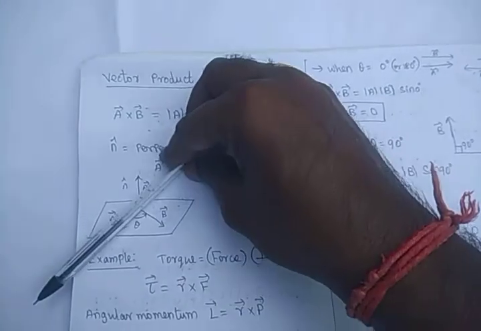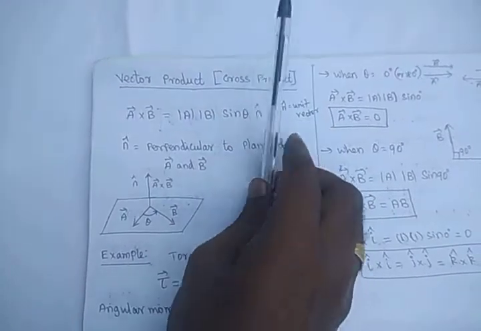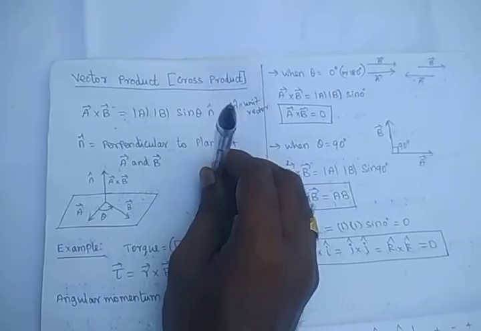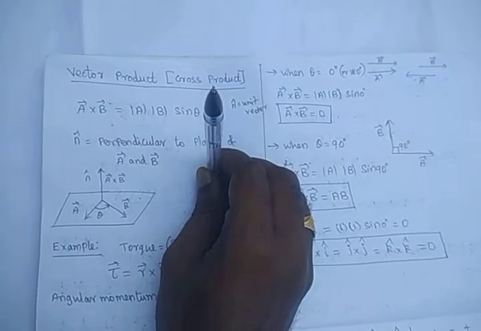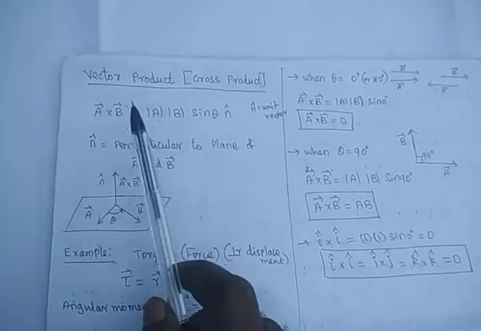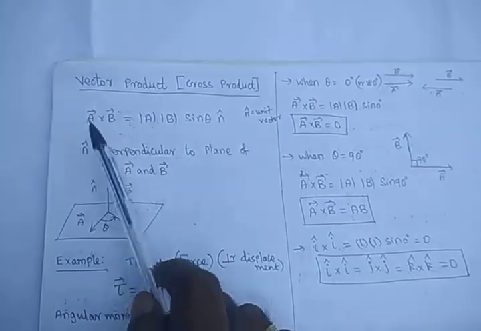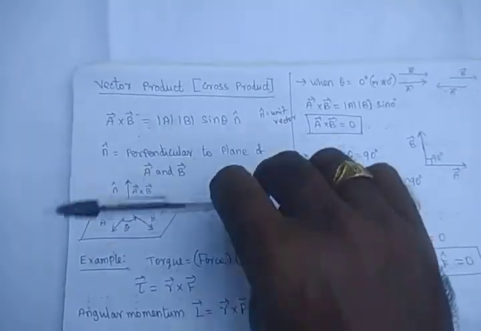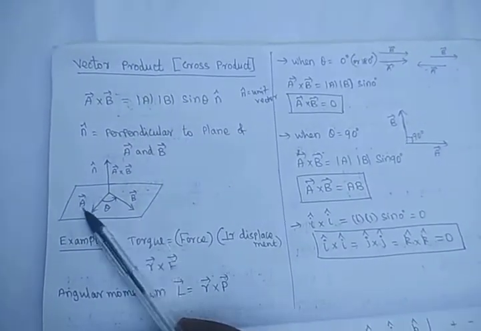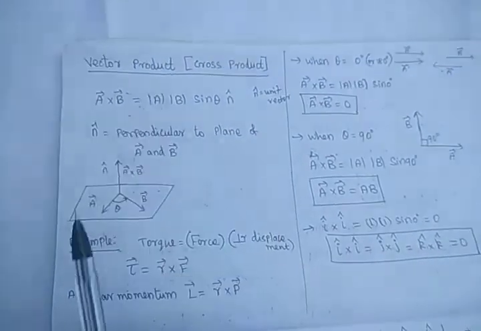Again I will say that the a vector is in the plane of paper, b vector is also in the plane of paper, but the a vector cross b vector will be perpendicular to the plane. So this is a direction. This shows the direction of a vector cross b vector. Hence it is called a vector product. Or simply I will say that if you take the vector product of any two vectors, the resultant vector direction will be perpendicular to these two multiplied vectors. A vector and b vector should be in the same plane, then only the resultant vector will be perpendicular to these vectors.